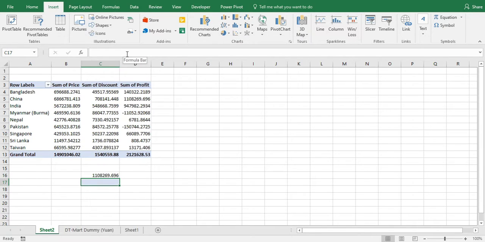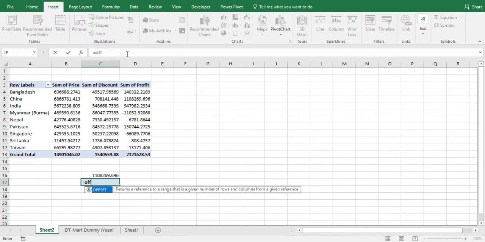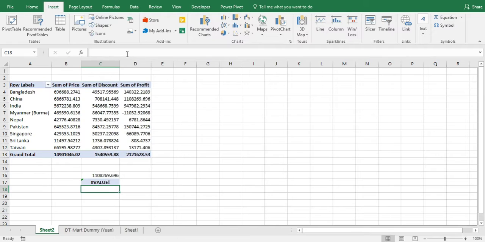Now for our course videos, we want to automate the task. For that we need to use width and height. So we'll use OFFSET, give the same reference. For height there are 11 rows and 4 columns. We'll copy this formula,